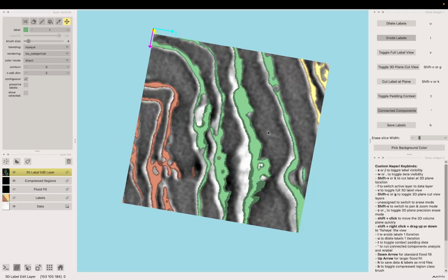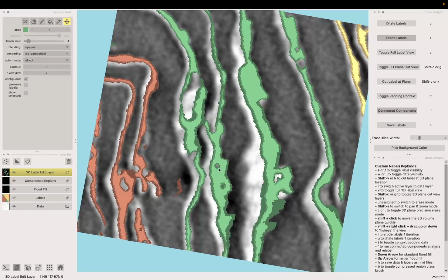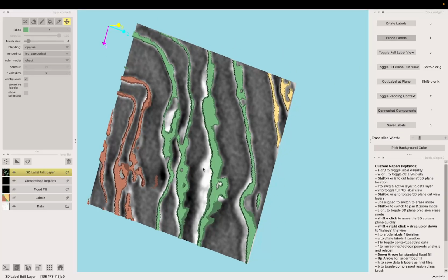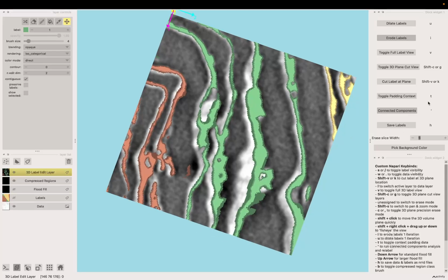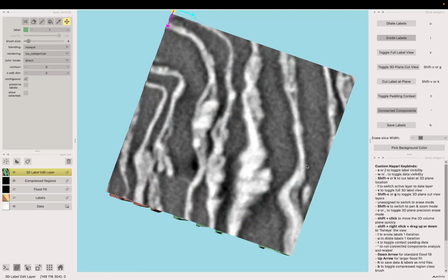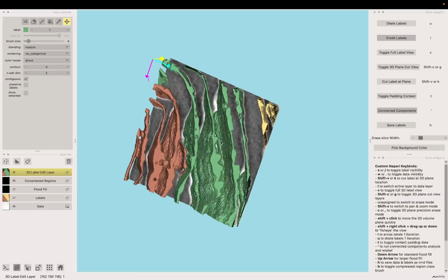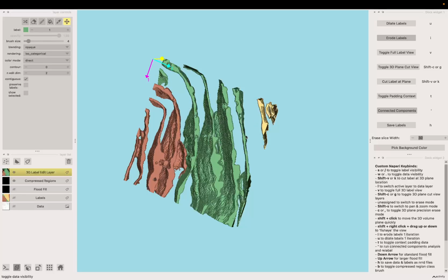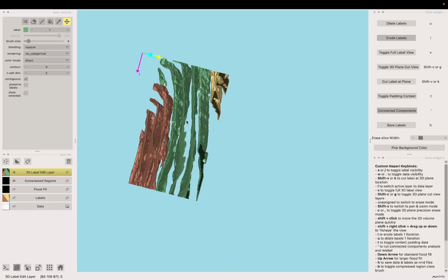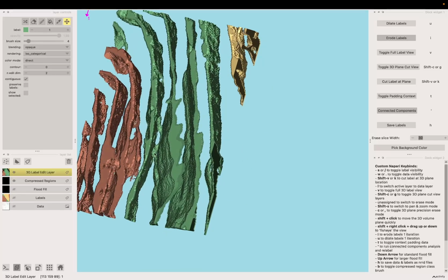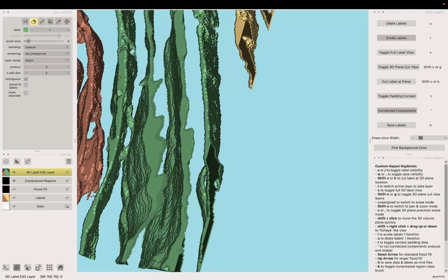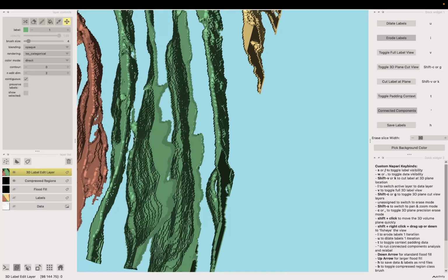Another thing with this view, yeah, you can see how the labels aren't quite aligned because of the erosion we did earlier. Let's put it back up to 30 because that's a bit more useful. All right. One thing with this is you can hit W to hide the data plane. But if you want to just inspect the raw volume, like here, you can see there's some connections. So we can hit Shift W or select the eraser, and then we can just erase some of these connections